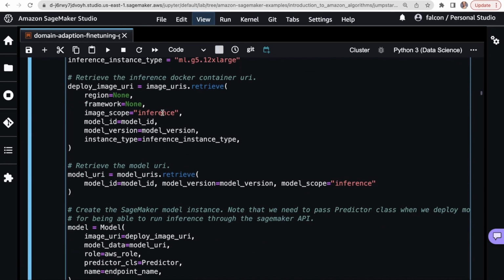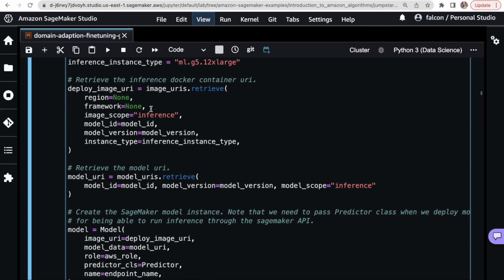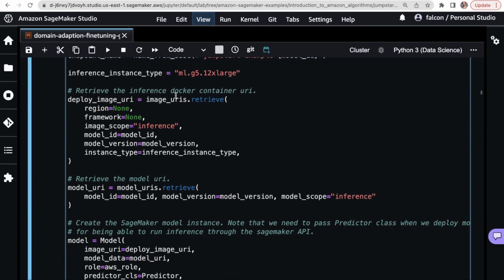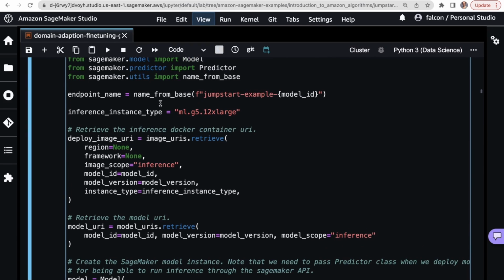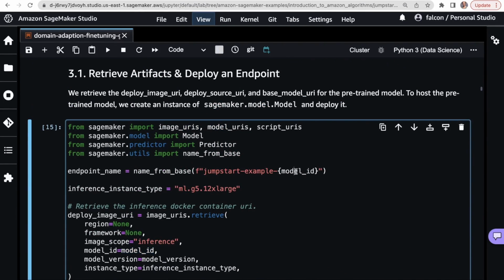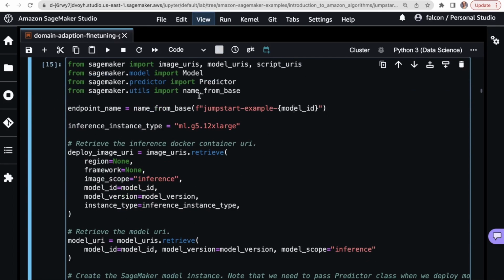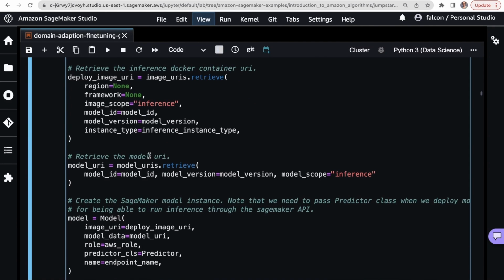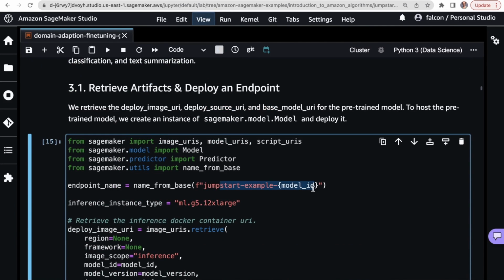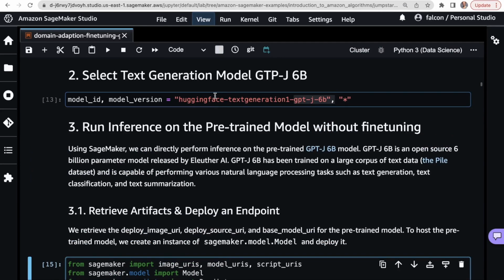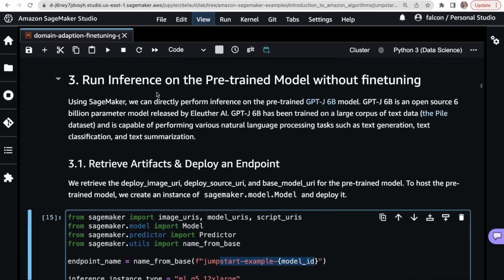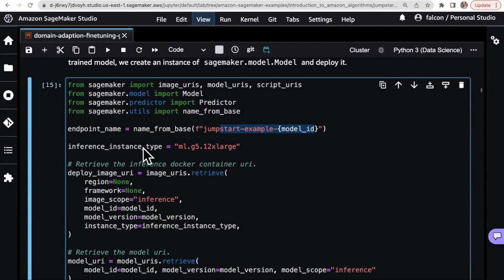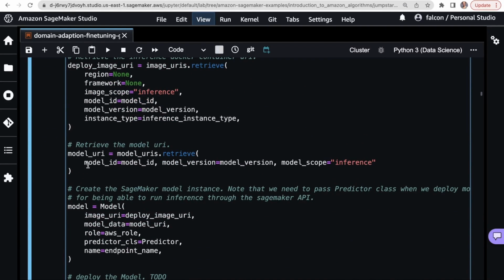Picking up the URIs, retrieve the model URIs. So what's happening here is basically we are telling SageMaker from the name of this model, from this model ID, which is this Jumpstart example, we grab the model image. So basically through the SDK, we point to these Jumpstart pre-built examples, the pre-built images, and then we're just going to retrieve those.